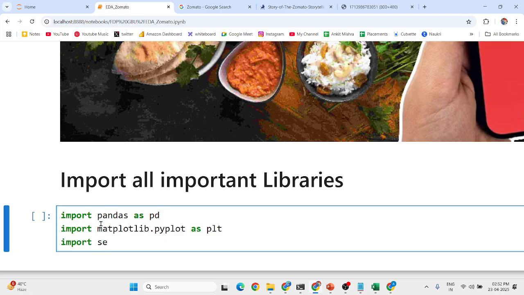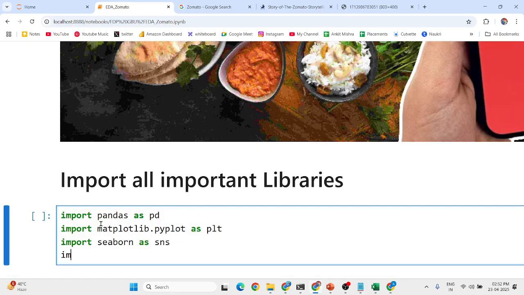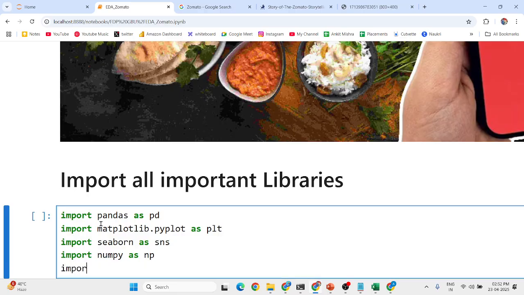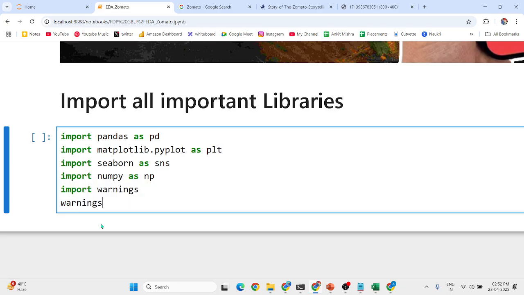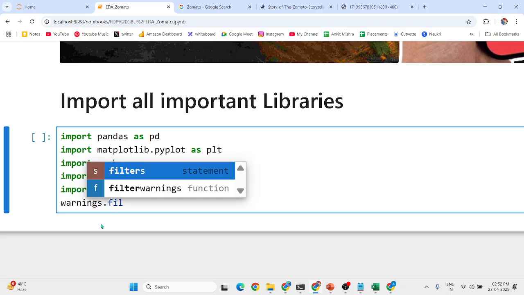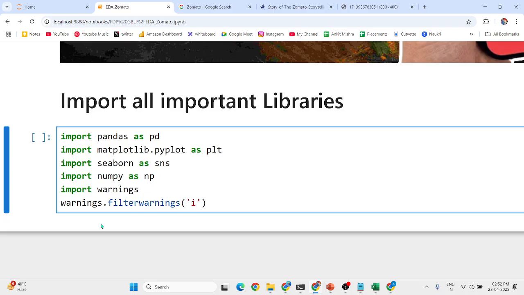I'll also import the advanced module Seaborn, aliasing it as sns. I will again import numpy. You know that all four modules are very basic ones, right? And sometimes we also get warnings while we run code, so you can also import warnings and suppress them. Inside warnings, you write warnings.filterwarnings, and you can write ignore, and this